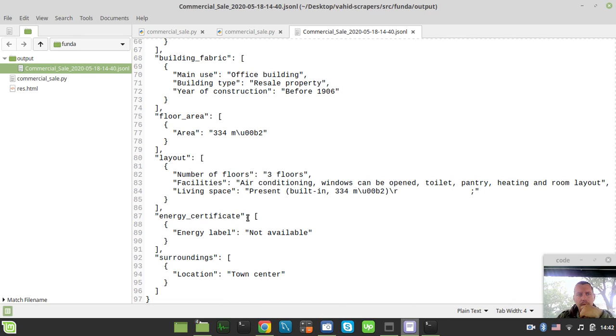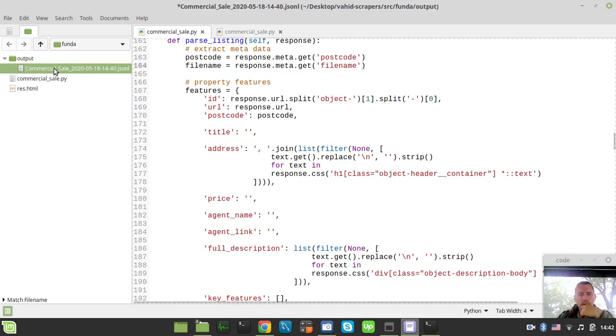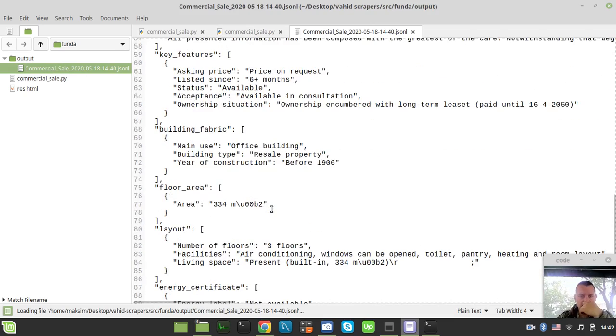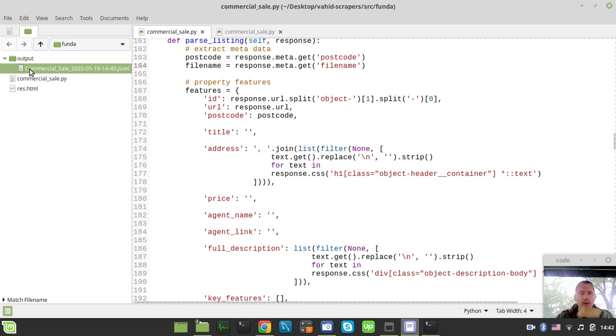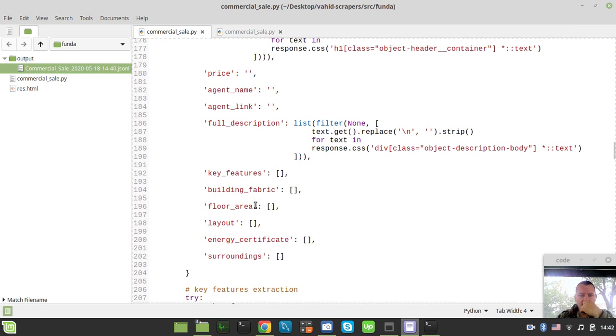Well, okay, I'm pretty pleased with this at the moment. So okay, let me have a look one more time. So key features, all the stuff, yeah, it's pretty nice. Okay, so floor area, let's call this surface areas basically,